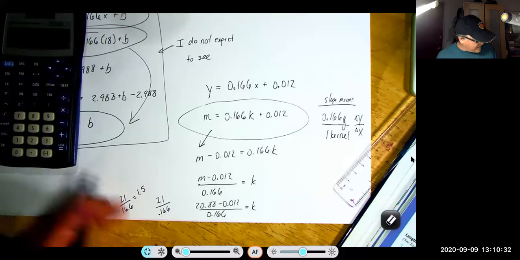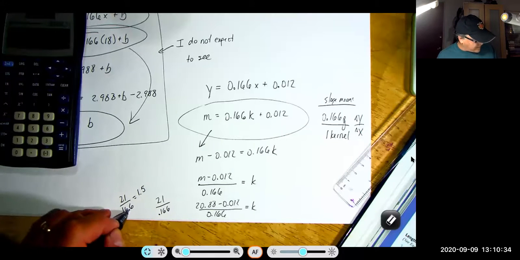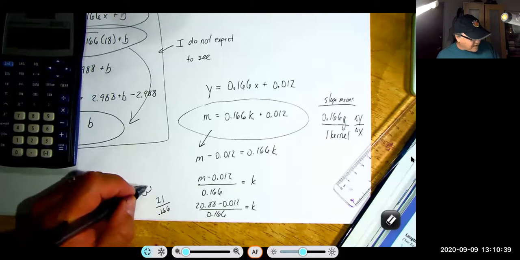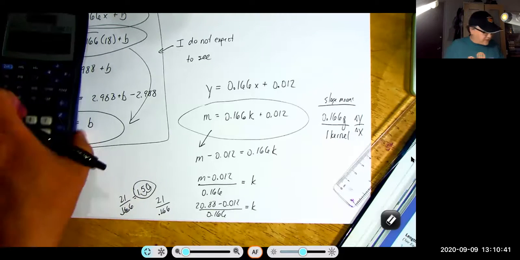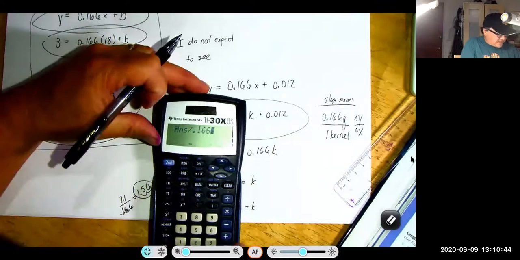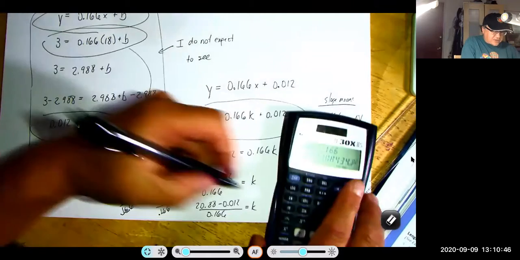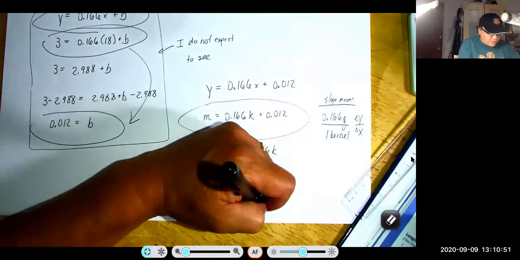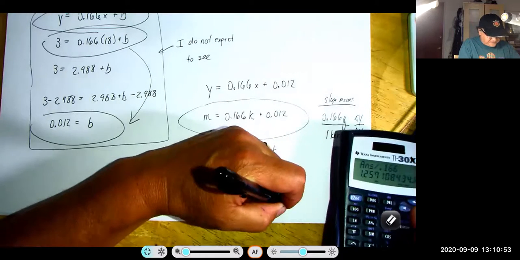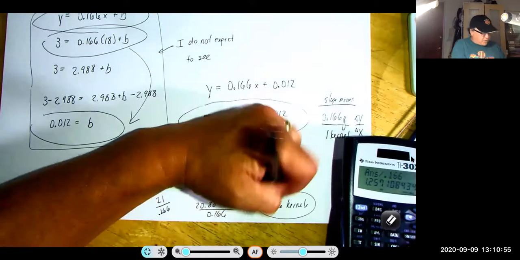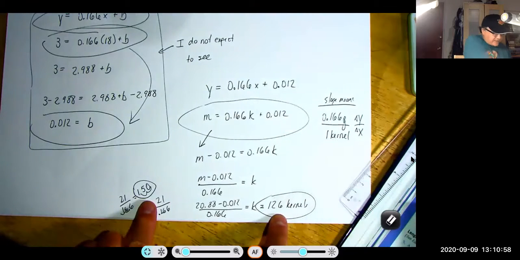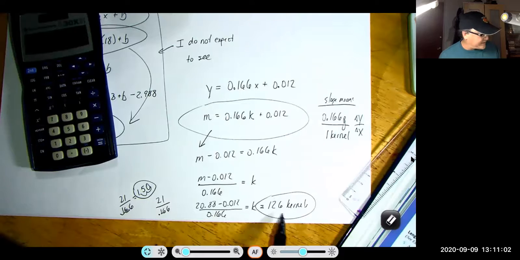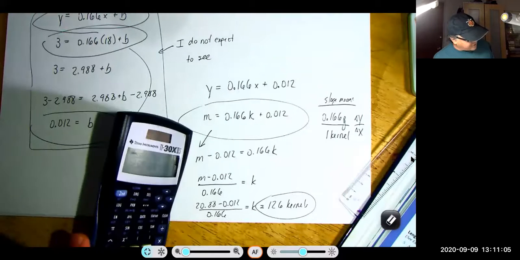And then here, this number is 100 times bigger than that. So maybe I've got around 150 kernels. So let's find out what we get. And we get 125. We're going to round to 126 kernels. So 150 is a little off from 126, but ballpark, it's close. And so I can trust my 126 and know I didn't screw it up, and maybe this should have been